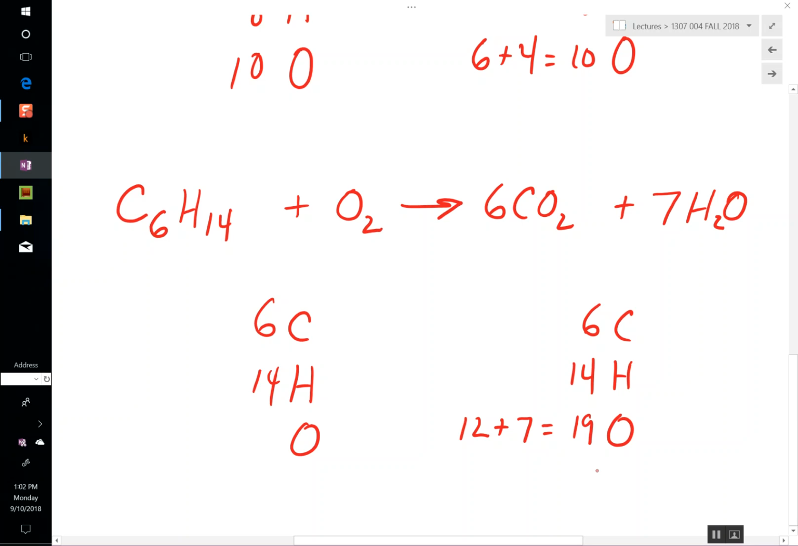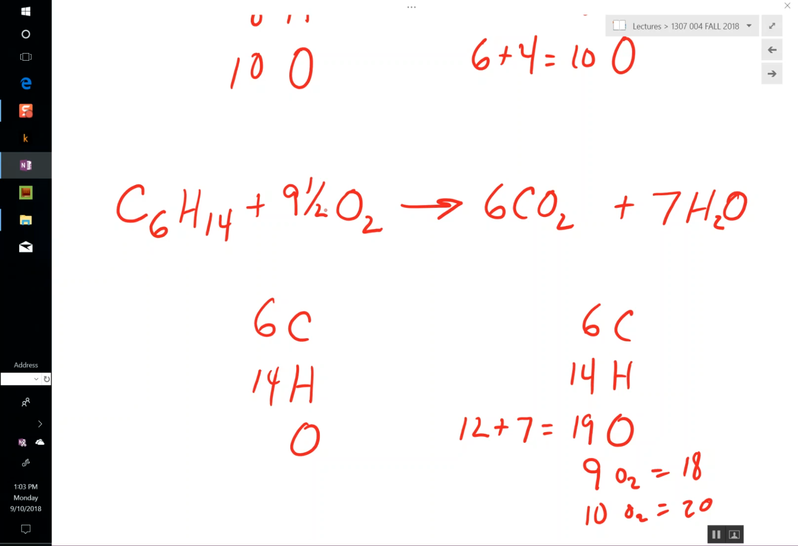That 9 oxygens is 18 oxygens. 10 oxygens is 20 oxygens. And you can see we're right between 9 and 10. So 9.5. But we have a coefficient with a fraction, and we'd like them to be whole number